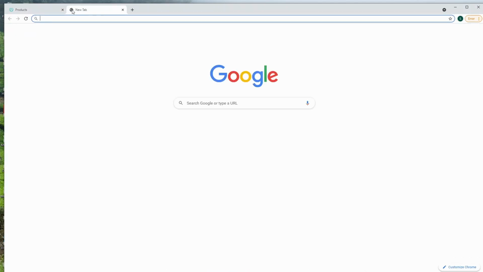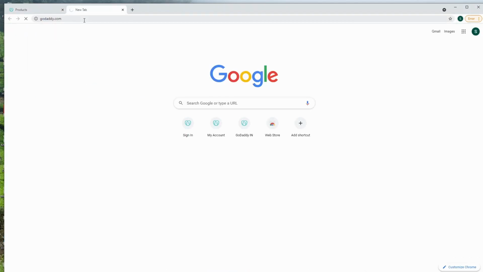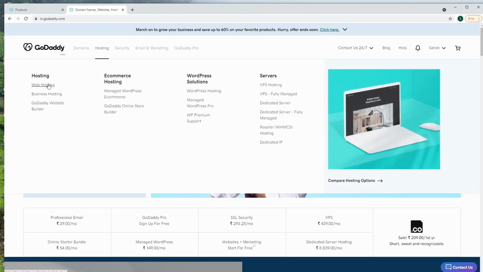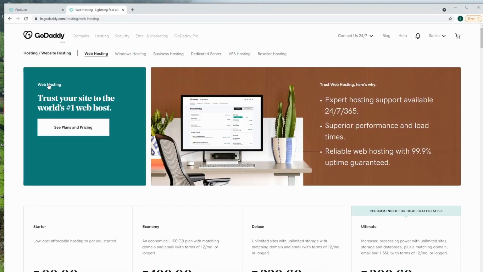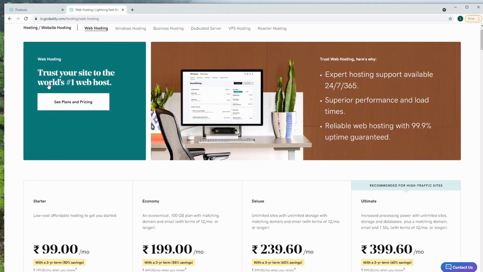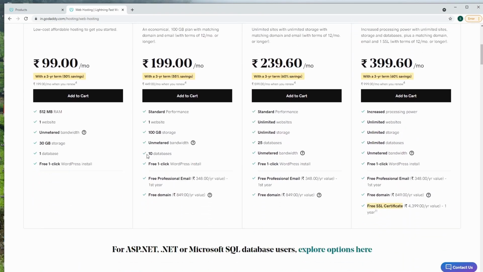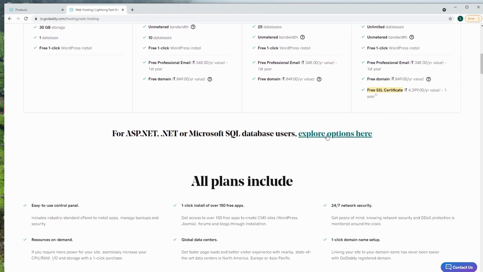Let's go to their home page. Let's type godaddy.com. They have hosting here. In hosting, we will do web hosting. Basically, you need a place where you can have your database and upload all your HTML or .NET files, so we have to buy that service. It is called web hosting. Here, this is for Linux based. By default, they show Linux based. We are going to use the ASP.NET platform.